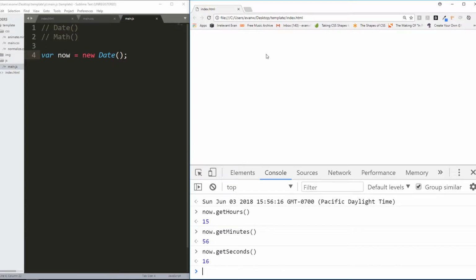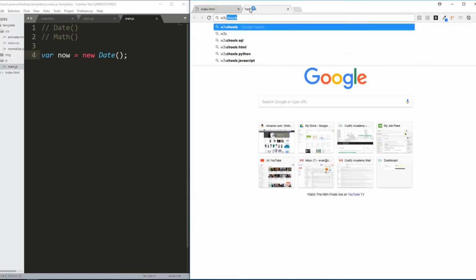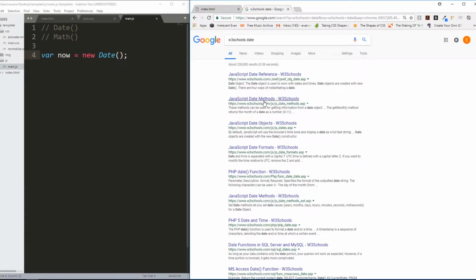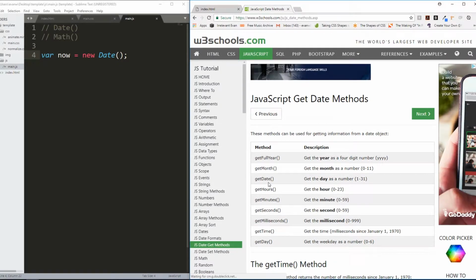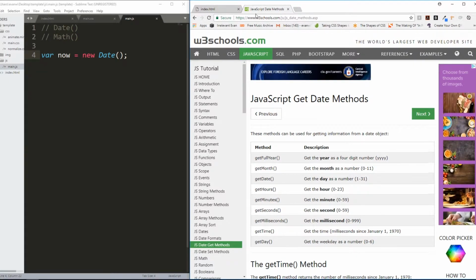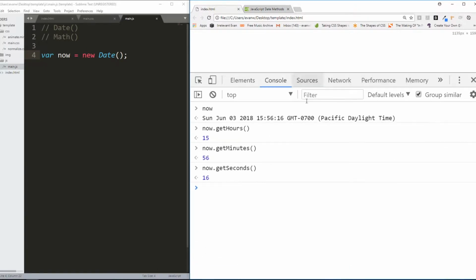Anyway, these are methods which are very obvious, very straightforward, very easy to use, and very well documented at W3 Schools. Here we go. JavaScript date methods, W3 Schools. getFullYear, getMonth, getDate, getHours, getMinutes, getSeconds, getMilliseconds, getTime, getDay. Okay, there are only a couple things to watch out for here, and those things are if I execute